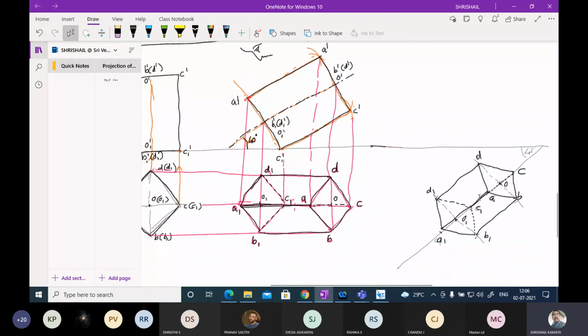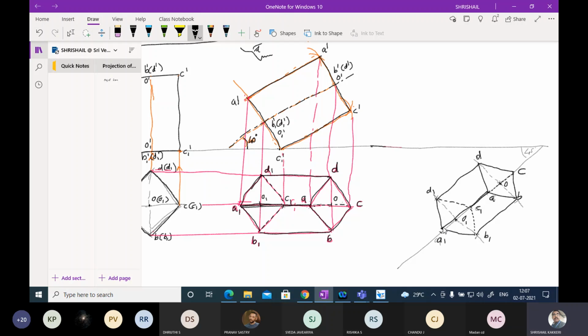Okay, I think you are able to do this. Now let me go to the next view. First, you have to be very careful while writing this. This particular portion and this particular portion is the base, and this particular portion and this particular portion is the top portion. Some people take the top portion as the bottom and the bottom as the top, and the whole figure will become wrong. So always take care: A1 to A1, B1 to B1, C1 to C1, like that you have to do the base portion.